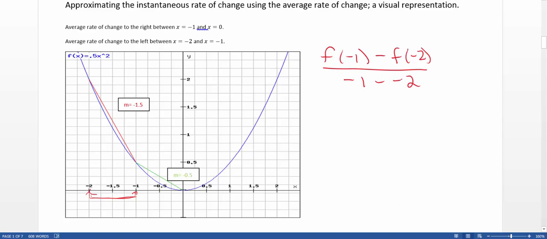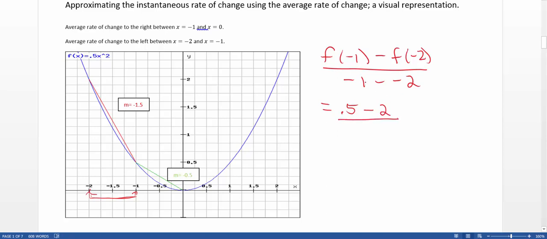Be careful with your negatives here. So for this particular function, when I plug in a -1 into my function, I'm going to get 0.5 minus, and if I plug the -2 into my function, I'm going to get 2